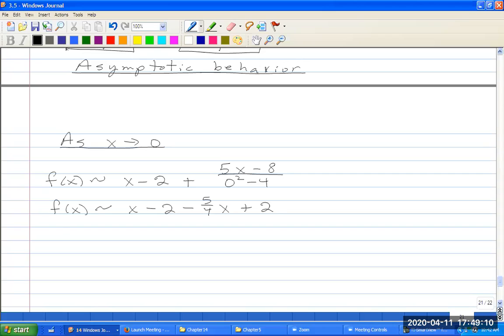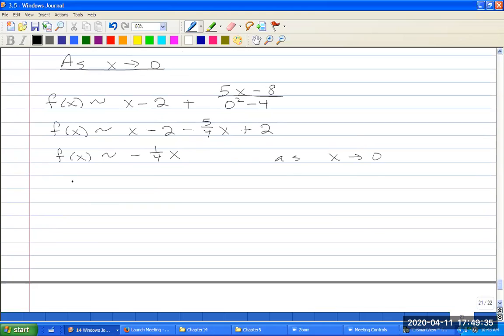So f of x is asymptotic to negative 1/4 x as x is close to 0. So as x is close to 0, it should look something like that. Next, we want x equal 1. So what happens near x equal 1? As x approaches 1, what happens? So f of x